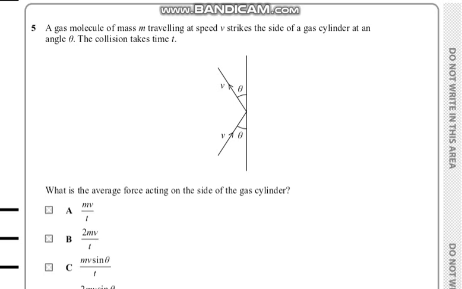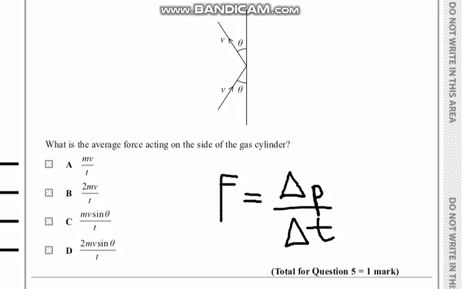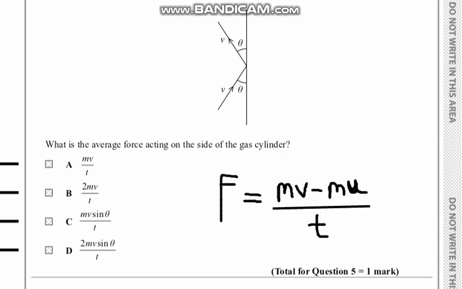So I'll add the force formula in terms of momentum. F equal to change in momentum upon change in time, or you can say time only. As you can see from the options, A can't be it, that's mv upon t, ignoring the initial value. Looking at option B, it ignores the angle that's been given, here's theta, so B can't be our option. Moving on to C and D. Now if you remember the impulse on a wall, that's minus 2mv, and when we are finding the average force, we can ignore the minus sign, so we can see the D part does include the 2mv here, so that will be D, 2mv sine theta upon t. That's our final answer.